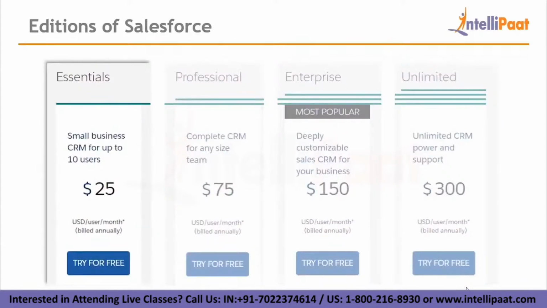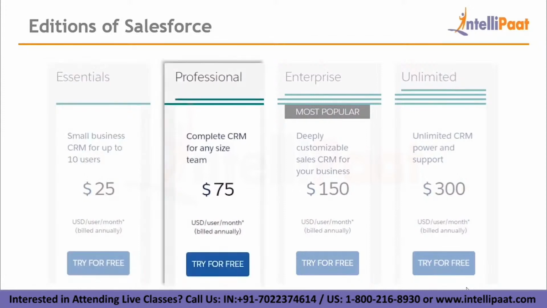So the first one is the Essentials edition, which is for $25 and is basically for small businesses or individual people. It is for $25 and it is billed annually. Next we have the Professionals edition, which is actually a level up edition from the Essentials one. It is meant to be a standalone account contact management system. You can also track deals through opportunities as well as a product. But there is no option for integration and there is no automation available. Of course, the benefit is that it is $75 per month.